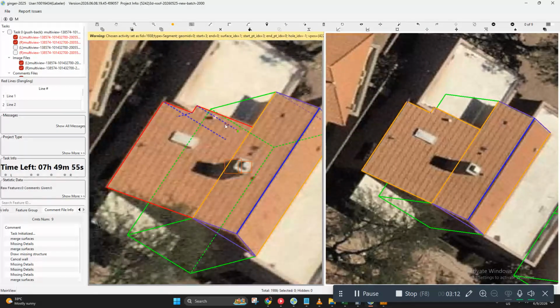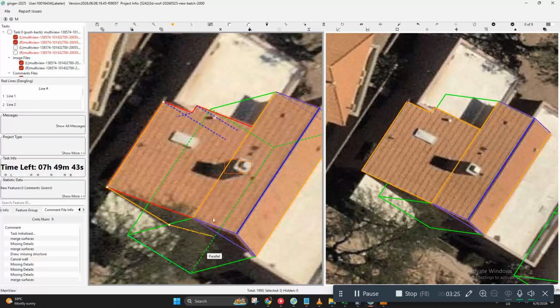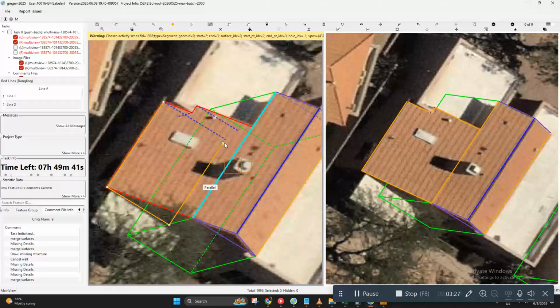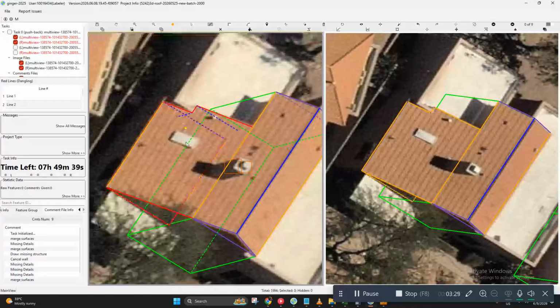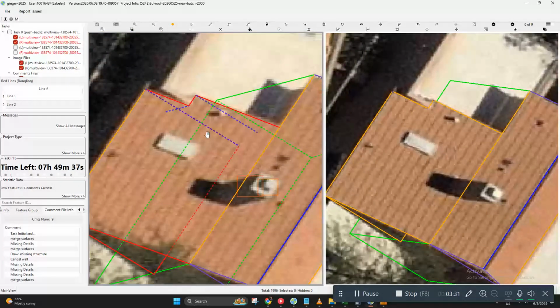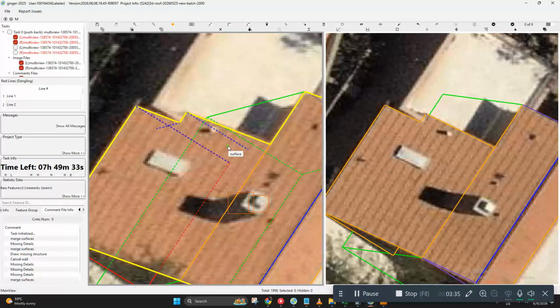So let's do our base first. Next is remove this one.